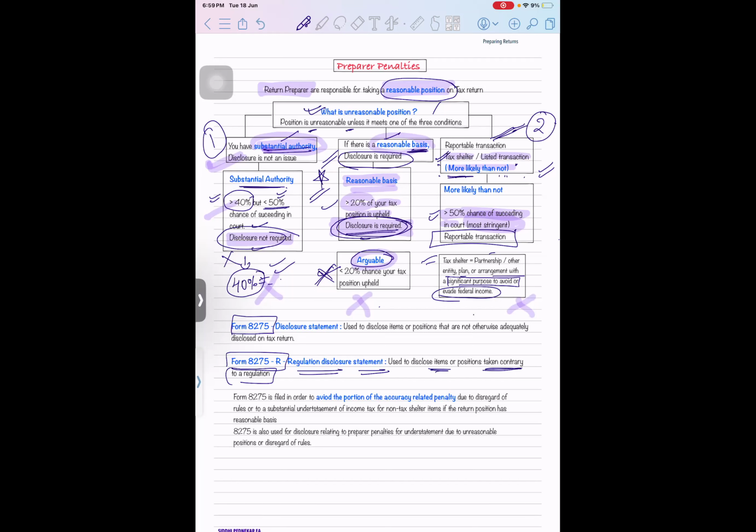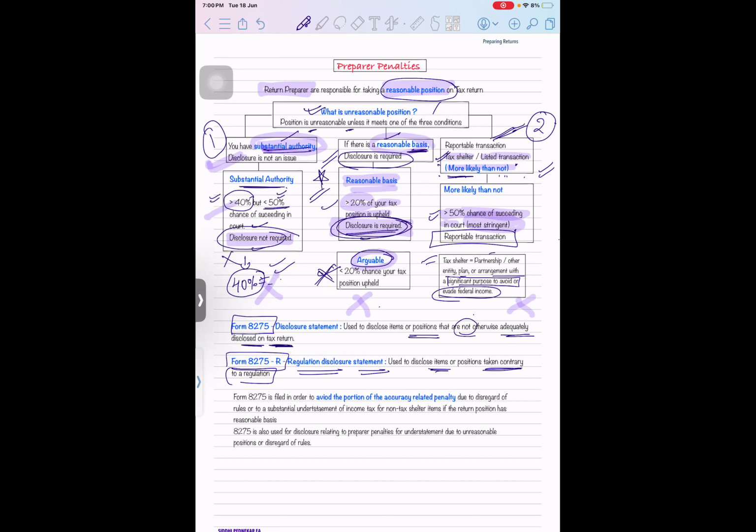Let's say our regulation says that $10,000 is only allowed as a reportable transaction if you're going to make a cash transaction. Now, if you have not made a disclosure and you feel confident that no disclosure is required, you receive a cash of $15,000, then that is against the regulations. So go for 8275R. And here, it is used to disclose items or positions that are not otherwise adequately disclosed on the